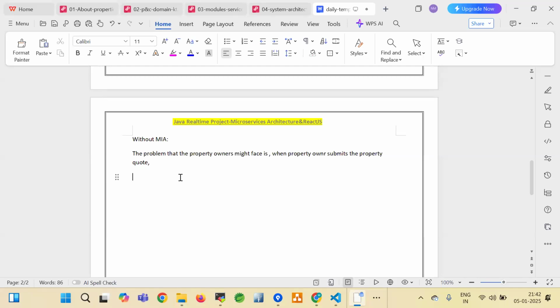And the second reason is what? When the property owner submits the property quotation for getting property insurance, the property owner has to wait for a longer period of time to know whether the quotation has been approved or not. That's the second problem. These problems will be eliminated using our Market Insurers Analyzer, because our Market Insurers Analyzer